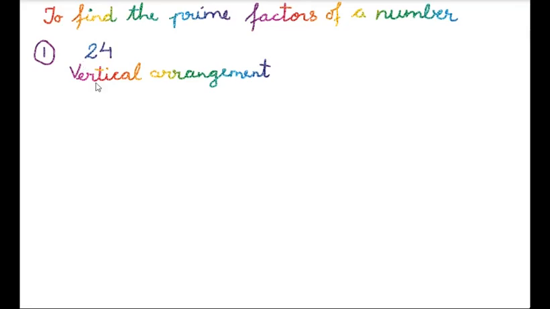What are we going to do here, students? We will write 24, our number. Then we will draw one vertical line beside it. You have horizontal lines in your CW, yes or no? I don't have them, so I am just drawing. You can also draw small ones like this. Now I will use only prime numbers. Which is the first prime number? Correct, 2.